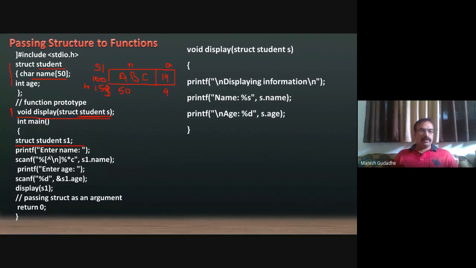Okay, so here we are declaring s.name. This particular thing is we are actually avoiding \n. For that we are using it. So here the name is entered and the age is entered. Let us say that the name is ABC and the age is 19, and simply we are calling it as display